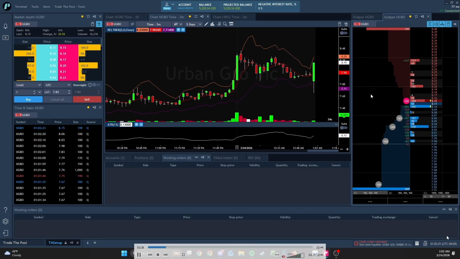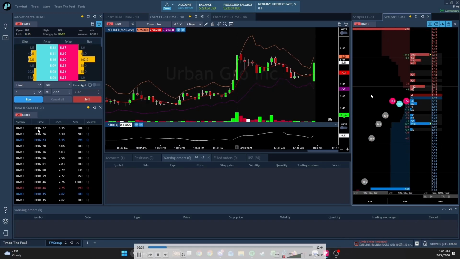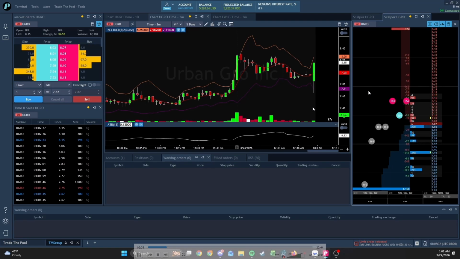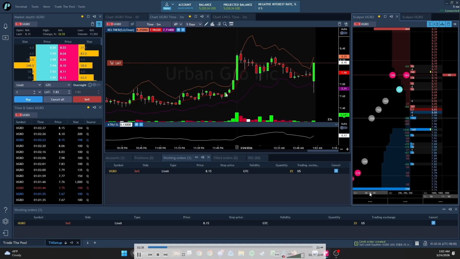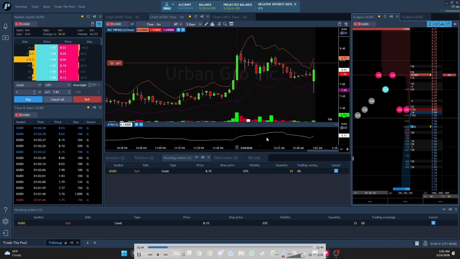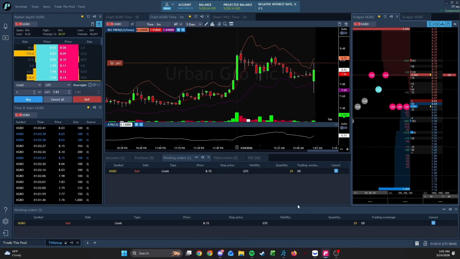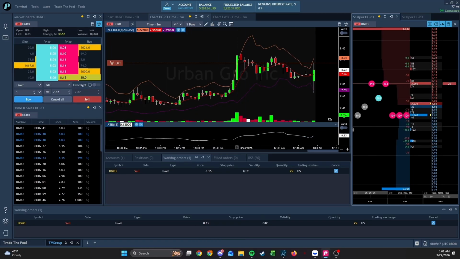So right here, I'm trying to enter for 100 shares, but it keeps getting rejected, and that's just because of the previous candle volume. So I end up trying to put in an order for 25 shares and then it just doesn't fill and retraces. So I'm getting pretty annoyed at this point,